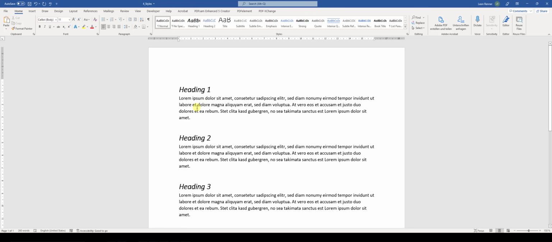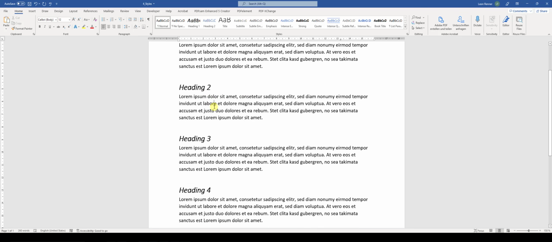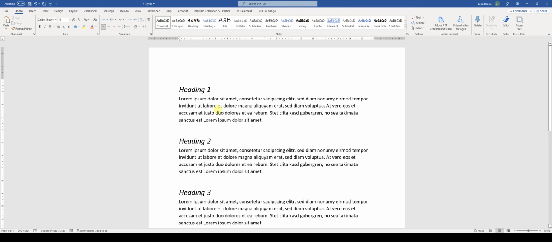And also for the paragraphs, the standard paragraph here, the normal text, also has a normal style. And by changing the normal style, you can change the basic look of your whole document. So if you say that you want your whole document to be in font size 12 at least, change it here, click on OK, and all the normal text in there from the standard paragraphs will be changed to the font size 12. You also have, for example, the emphasis and intense emphasis and strong style, which means you can,